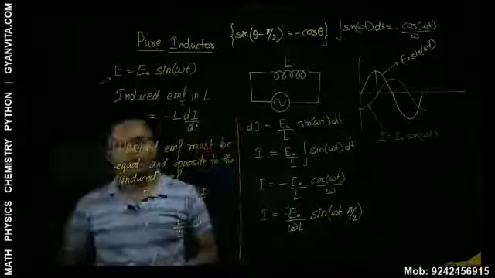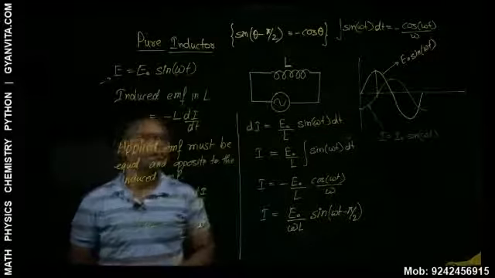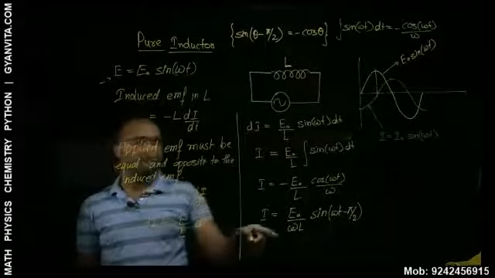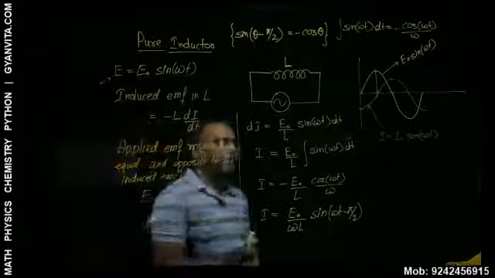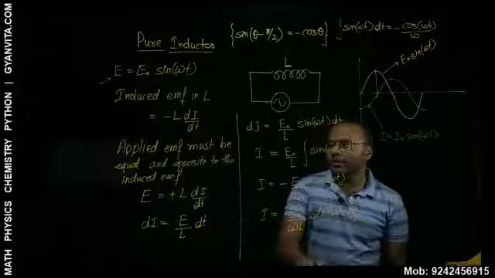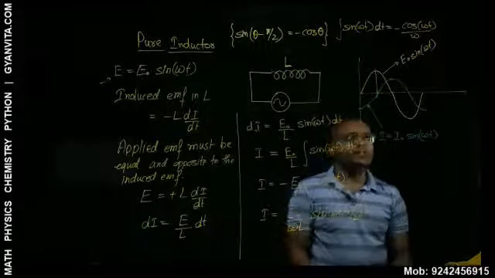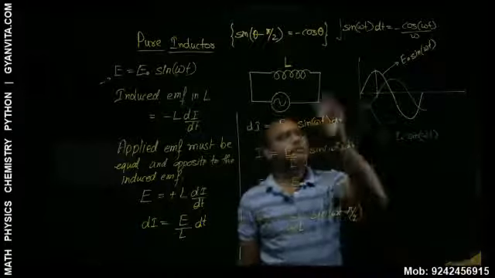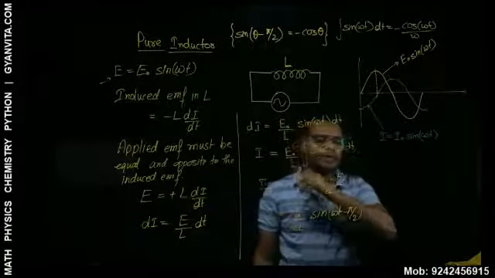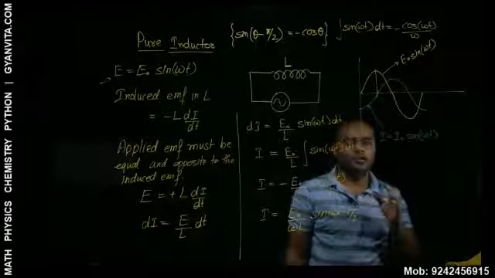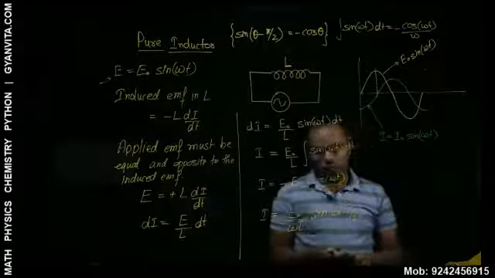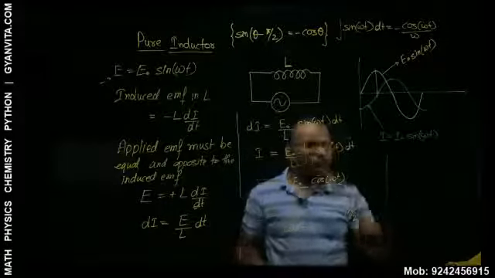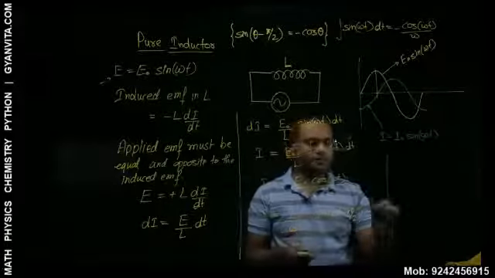These are the three things which we have done till now. The expression for current, how do we find that? You have already seen we use the concept of induction for that. Then we have drawn this diagram in which we show that current is behind the EMF. Current and EMF are not in the same phase. Now we can draw the phasor diagram as well. The phasor diagram will be like this.